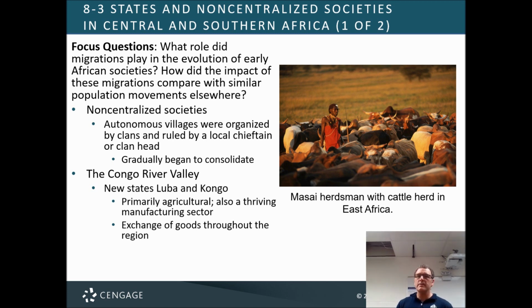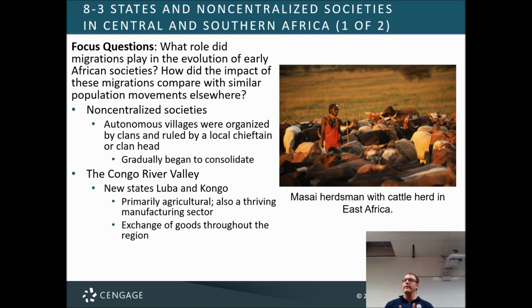So these stateless societies are fascinating to study. Right here I'm showing you a herdsman of the Maasai tribe, a group that today continues to be a nomadic people. And they continue to practice many of the ancient elements of their culture. So for example, for a Maasai warrior to become a man, they would have to go out and kill a lion with a spear. And so there's a really cool movie called Ghost in the Darkness, based on a true